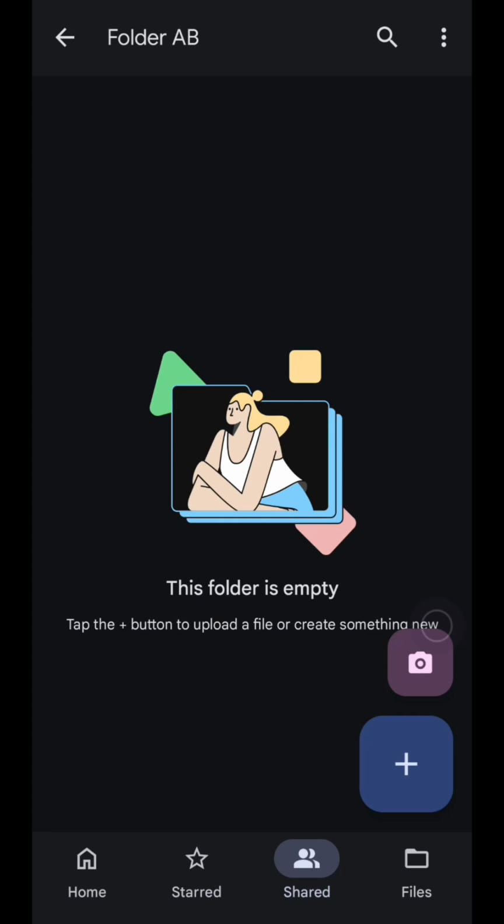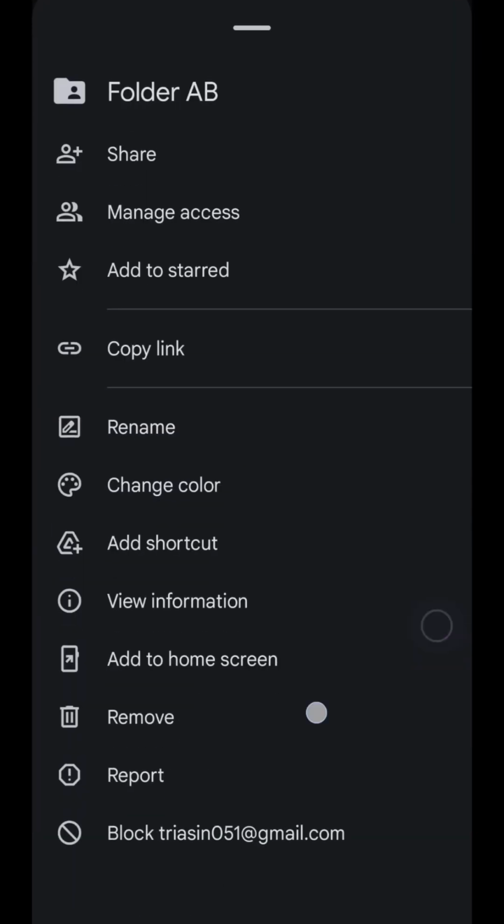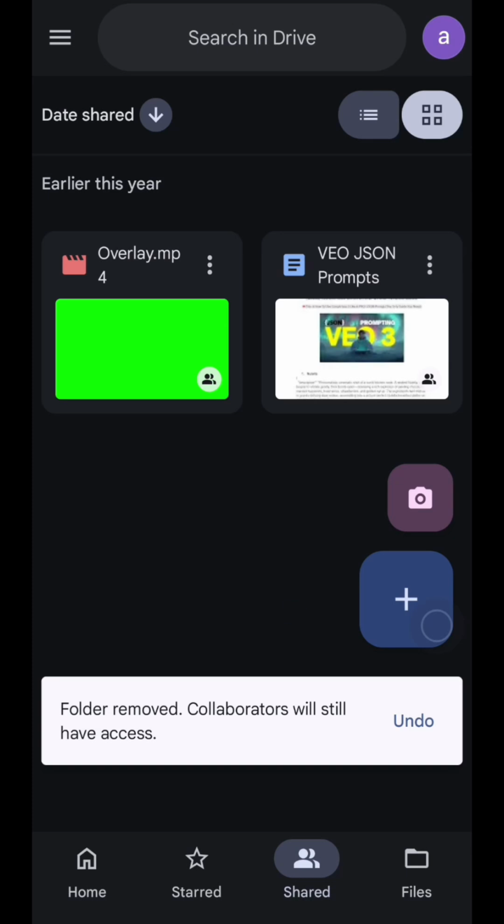It's super easy, but if it's missing, it might have been removed from your Drive view. It's not deleted. So let's find it again. But before that, I will demonstrate by removing it from my Drive view first. I will just delete it like this. And then